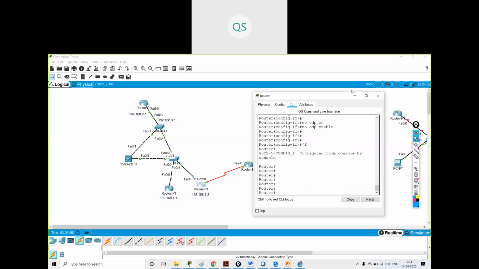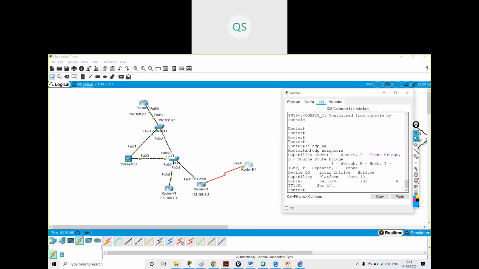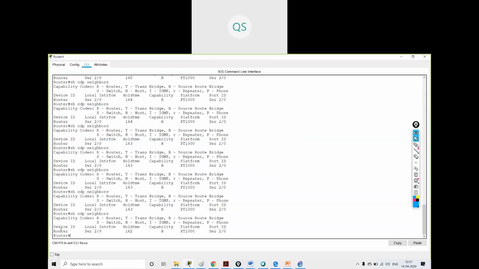I've disabled it on this side, and it is still showing me over here also.